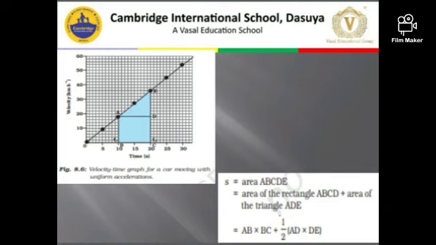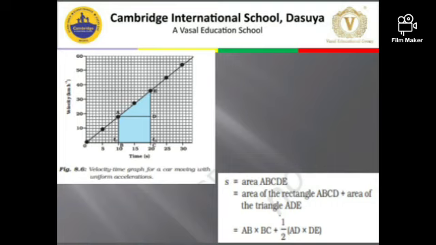Now children, as we have done in the previous graph for constant velocity, we can also find out the area. We can also find out the distance under this graph as well. What you have to do is similarly take the points, the time intervals, draw the perpendiculars, see the kind of figure you are getting, and find its area.